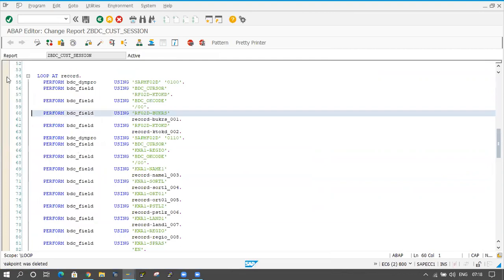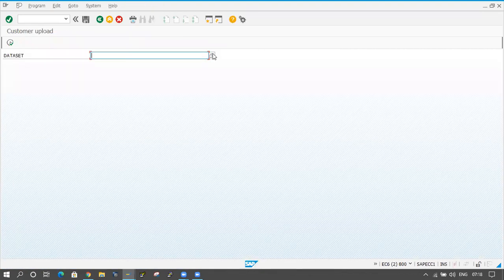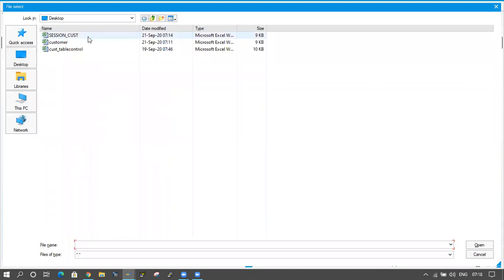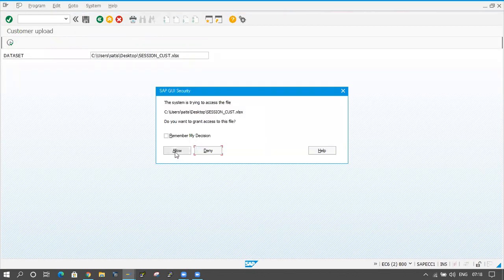Keep the breakpoint here. Execute the program. Click on F4 button. Okay, session underscore customer. Click on execute button. Click on allow.